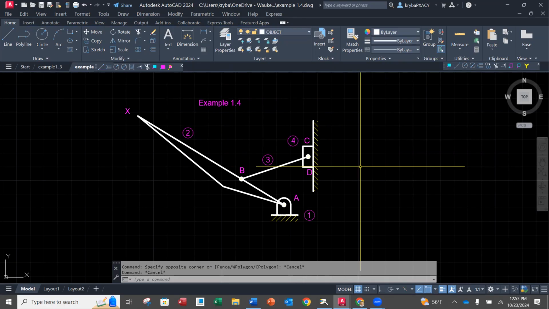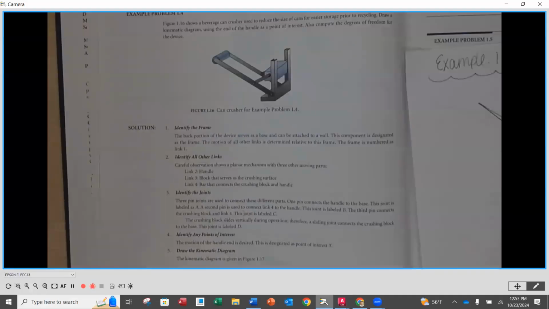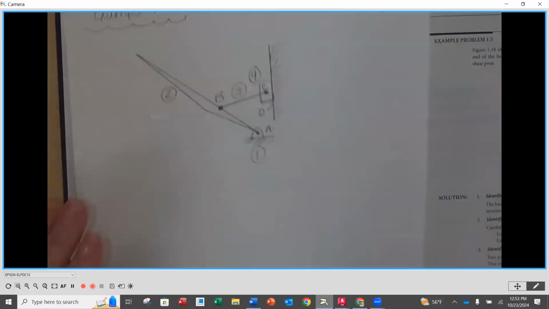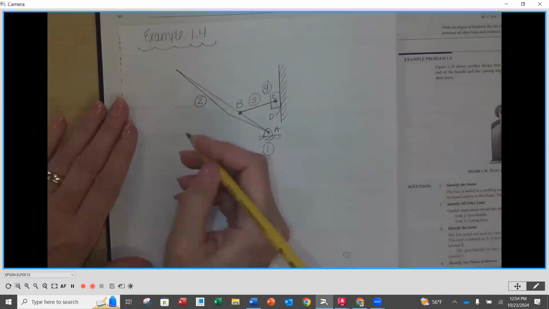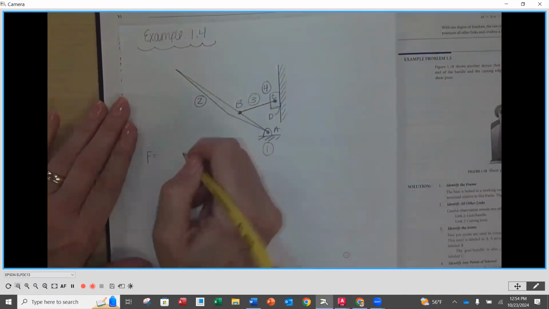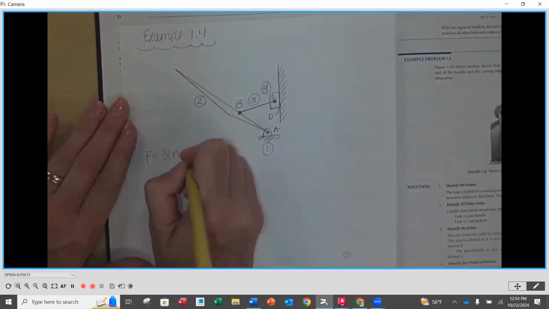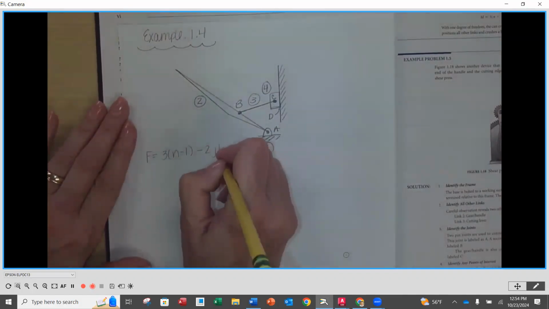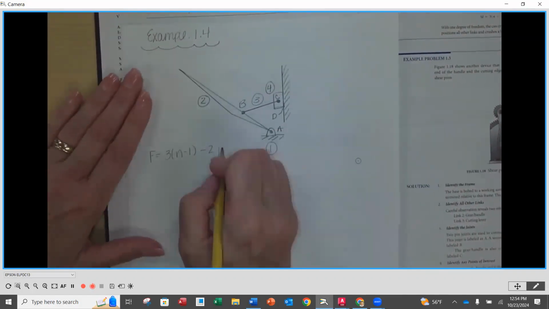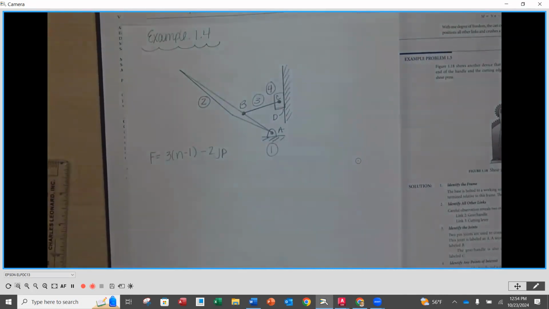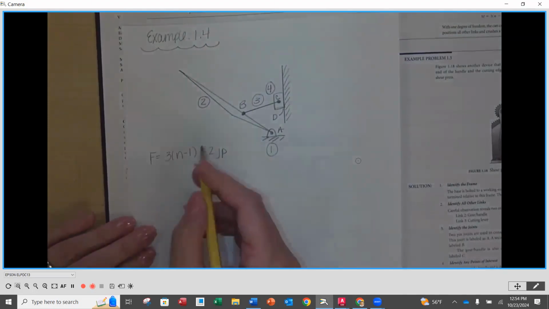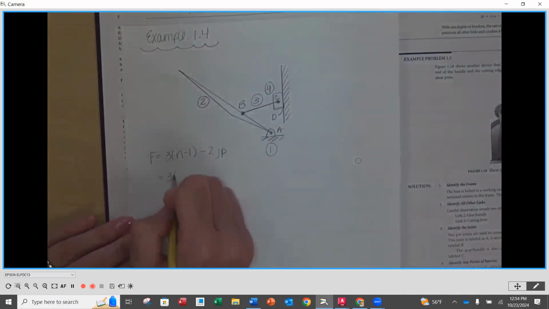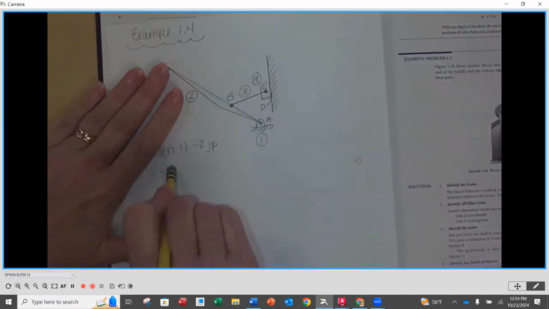The second part is the mobility equations. So let's go back underneath our camera and we will add the mobility equation underneath 1.4 here. So the mobility equation is going to be F is equal to 3 times (n minus 1) minus 2 JP, not JB, JP. Okay. So knowing that n is the number of links and JP is the number of primary joints, our numbers are going to be 3 times (4 minus 1)